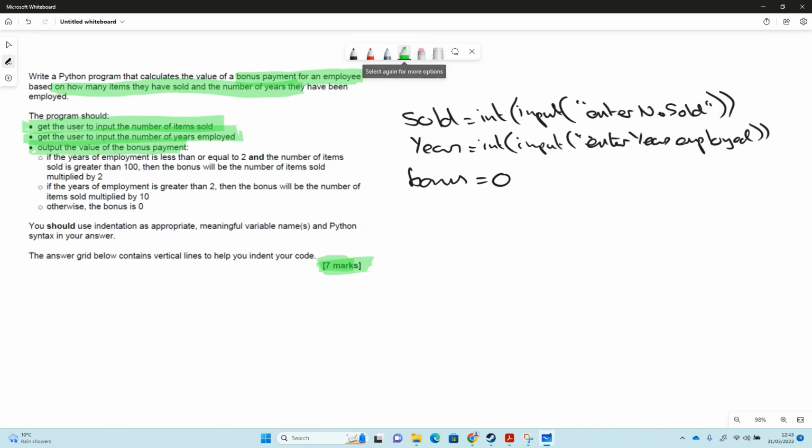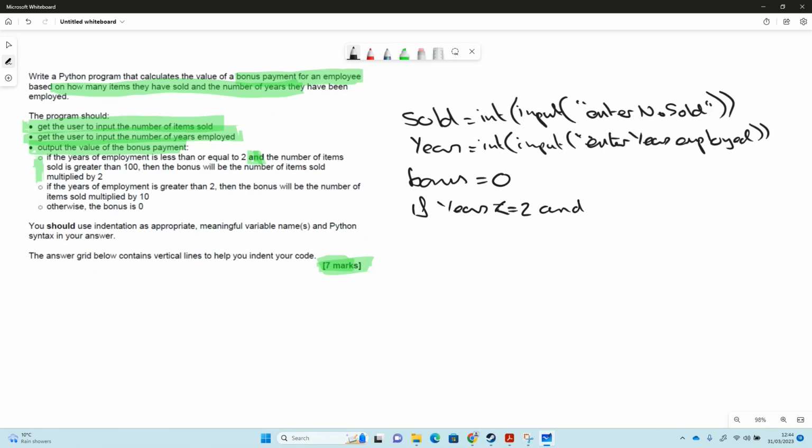So the first one there: if the years is less than or equal to 2 and, they've given us a little clue by putting and in bold type, the number of items sold is greater than 100. So we're going to need an if statement here. If years is less than or equal to 2